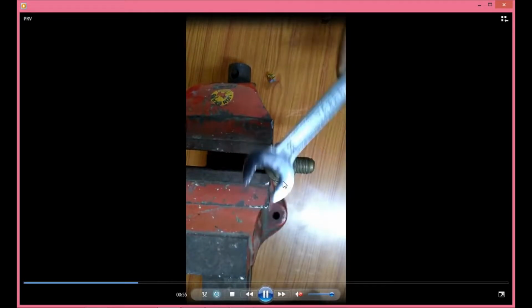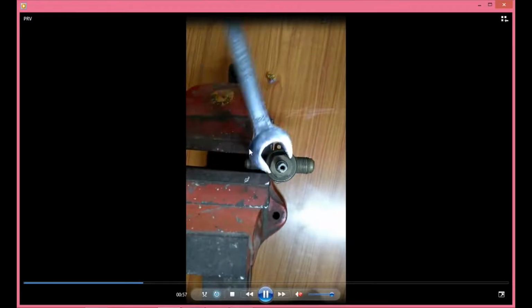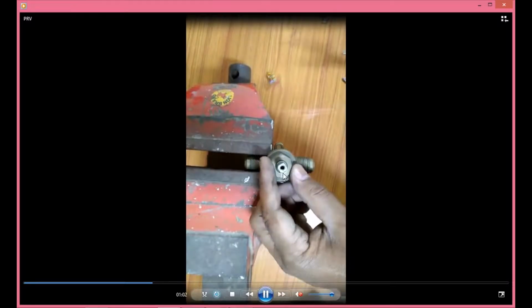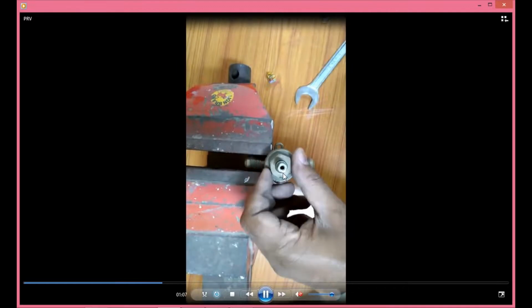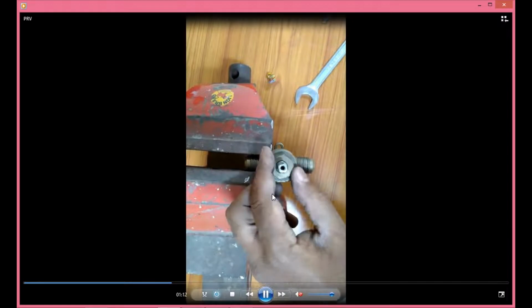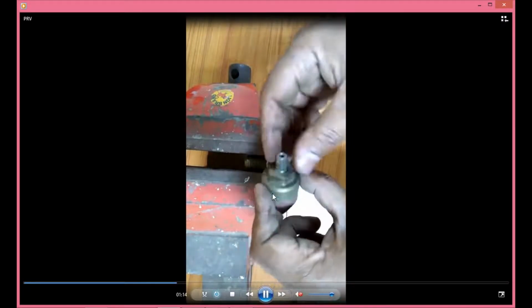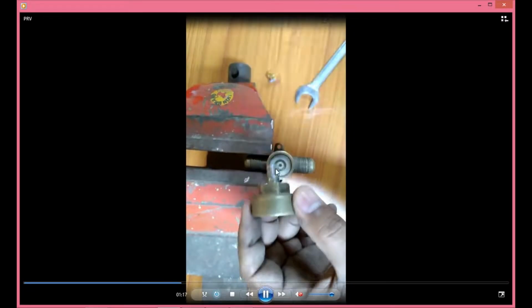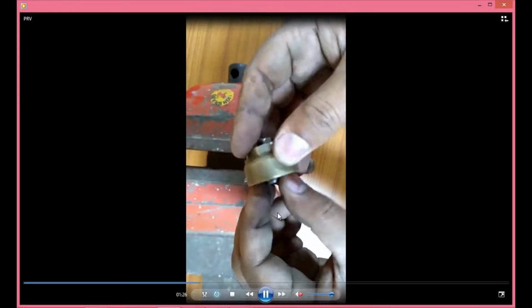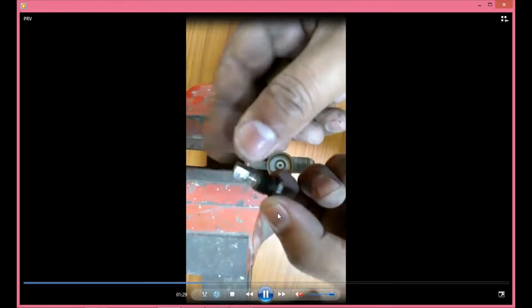You can remove this plunger cap. Here the number 22 spanner is present. You can remove this end cap, the plunger's cap. Then here two components are present, the mating plunger cap and the plunger. The middle part is called the plunger. By using its height you can apply force on the diaphragm spring, right? You can remove these plungers by using another open head spanner.